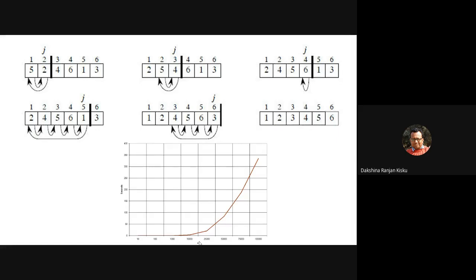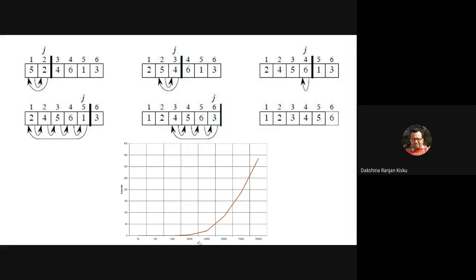So if we look at the positions of the elements which are moving in the array, then we can see that the element on the left of the inserted element is found to be greater than that element. Okay. Now this element which is found to be greater will be moved to the right of the inserted element. Okay.